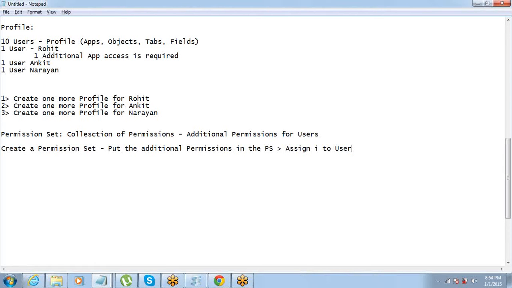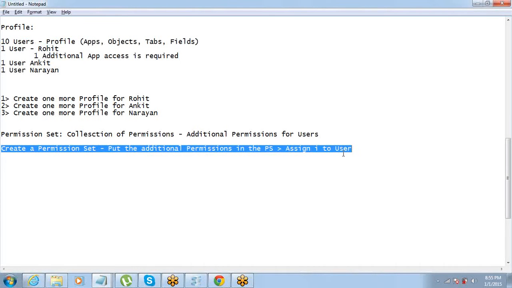Okay. So advantage, you don't have to make changes on the profile. You don't have to create additional profiles. You can remove the permission set, revoke the permission set whenever you require. Let's say if you create a new profile, then the challenge will be after a few days, if Rohit's project is over and he just wants to get back to that profile again, what will you do? Again change his profile, or take him back to the previous profile and remove this profile. So it becomes a very difficult thing. But instead, once his requirement is over, just remove the permission set. That's it.